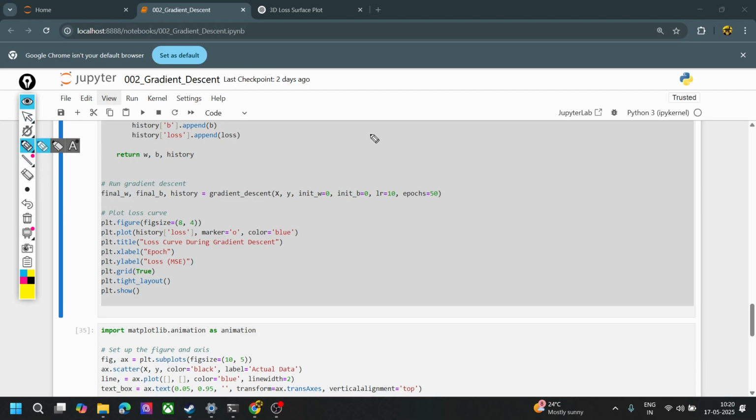Just to summarize, I think the gradient descent algorithm is one of the most powerful algorithms that we have in data science and machine learning. The basic idea is we move towards the minima by identifying the slope of the error function, like which direction of movement would basically minimize the error function. So it basically boils down to a simple equation: whatever new value you're coming up with, it looks at the old value minus some learning rate times the slope. The remaining parameters are epochs, how many times you want to run the iterations, and so on and so forth. So yeah, I think that is a high level idea of it,